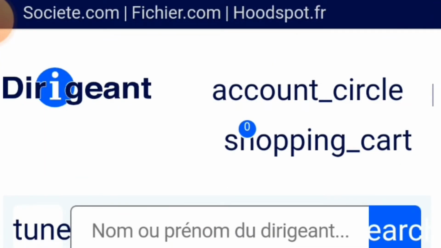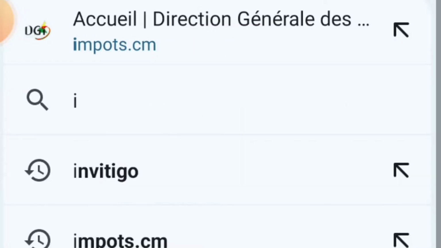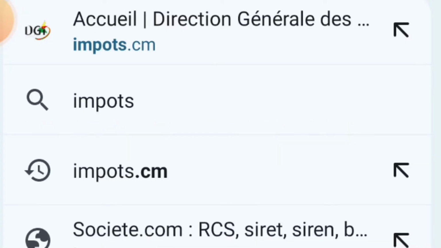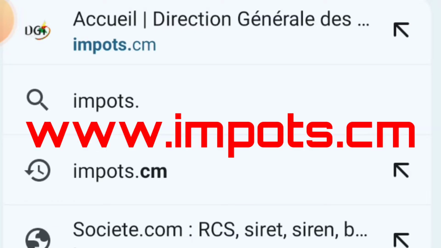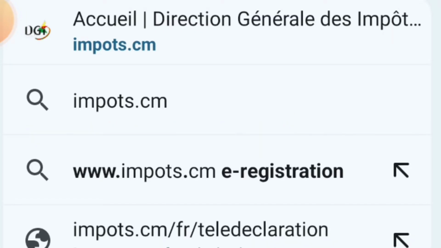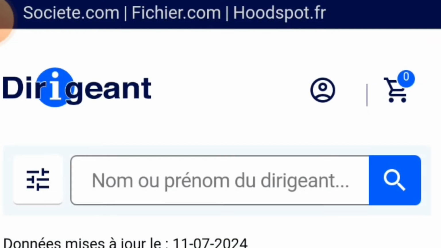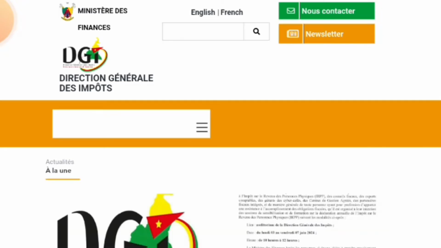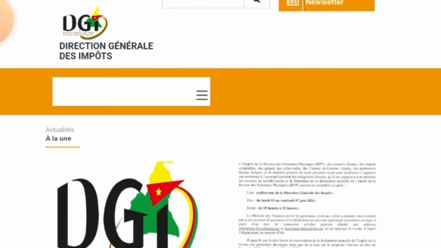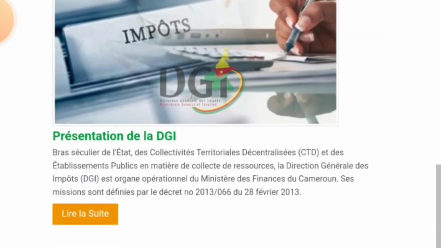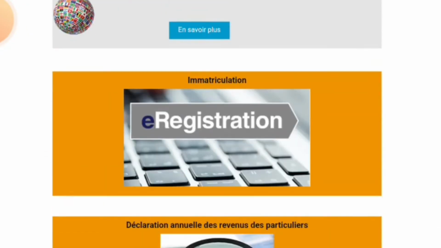So I said you have to type impots like this. Impots normally in English means tax. .cm, yes, CM stands for Cameroon, and you click on go. Wait for it to load. Yes, so this is the main page of the taxpayers website, where you